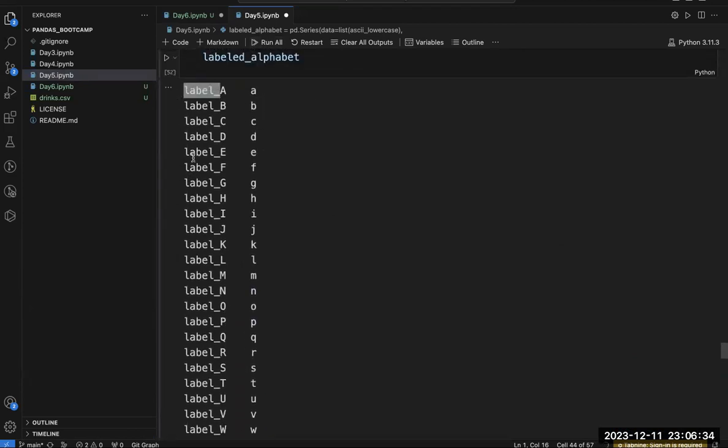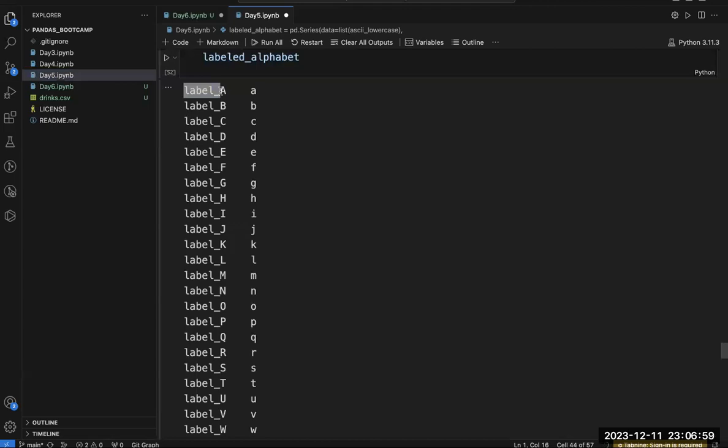That means to attach a prefix or suffix to the values in my labeled rows. Whatever value is inside my labeled row, I want to attach either a prefix or a suffix. A suffix comes after, let's say, A, and the prefix comes before; label underscore is a prefix.